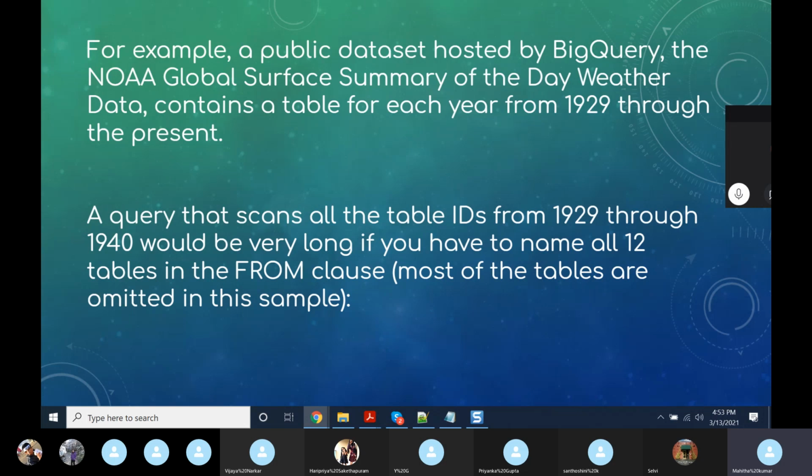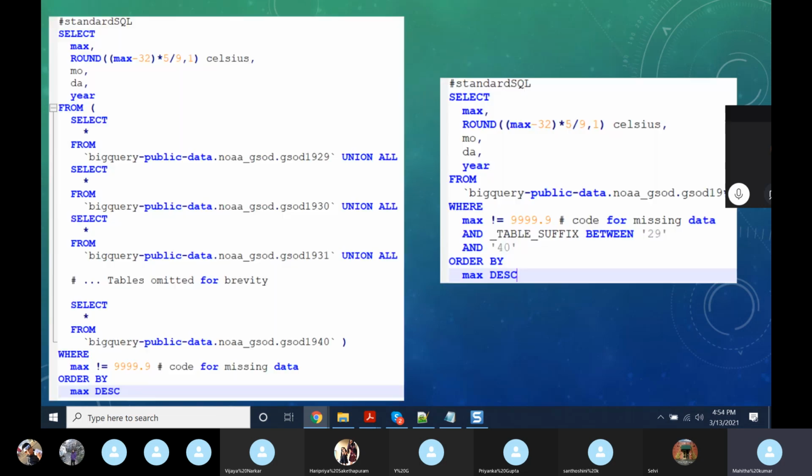The data actually contains the temperature in Fahrenheit, and by querying we are converting it into Celsius and getting the maximum temperature for each day from 1929 to 1940. So that will be a lot of data we can get with a single query. This is the sample of the queries.